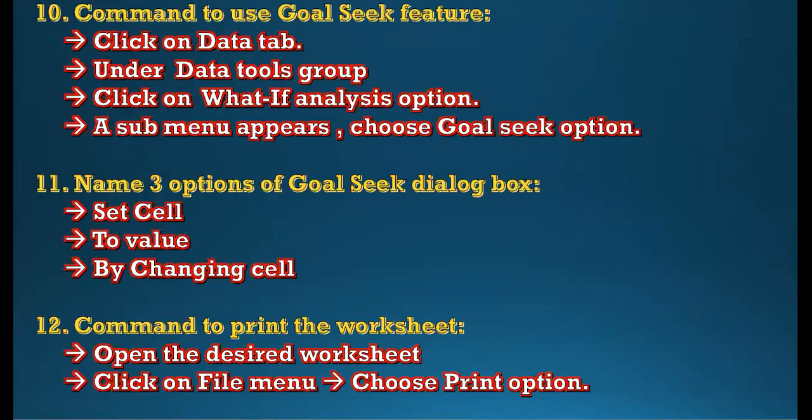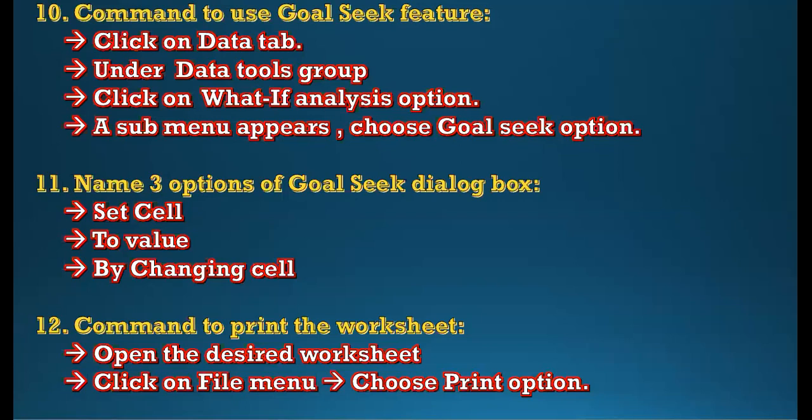Shall we start the question answers now? All right. Those of you who know the answer, raise your hand, come on the video. I will unmute you and you will answer the question. Rest of you, note down the correct answers. If you have any doubt, you can discuss it with me.